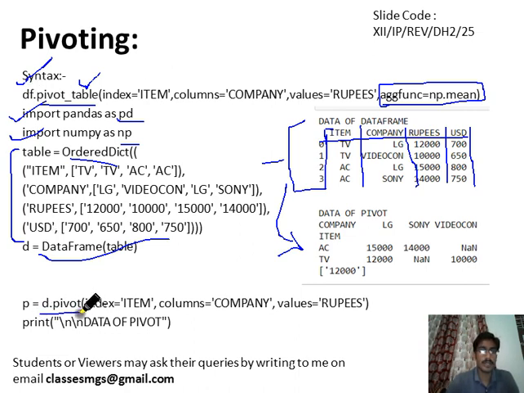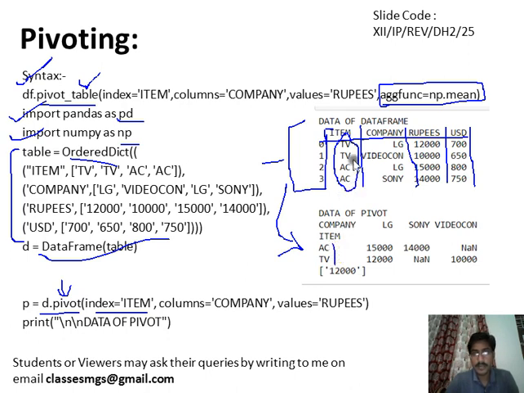Like d.pivot, we are looking at the pivot method, or we can use pivot_table. Let's suppose index equals item. Index equal to item means the values in the item column will become the index of the new